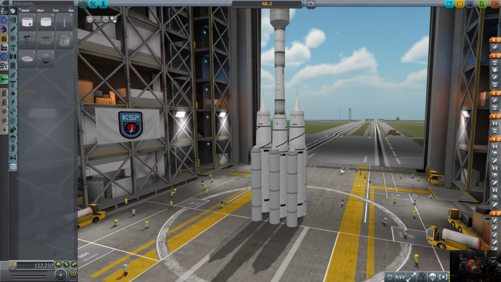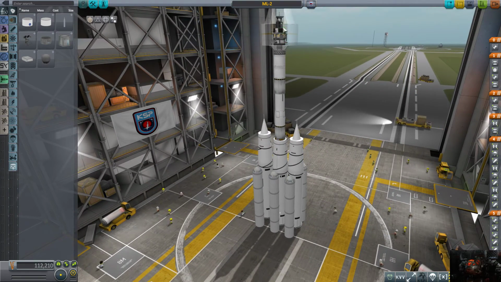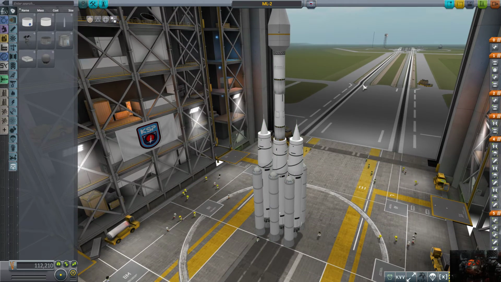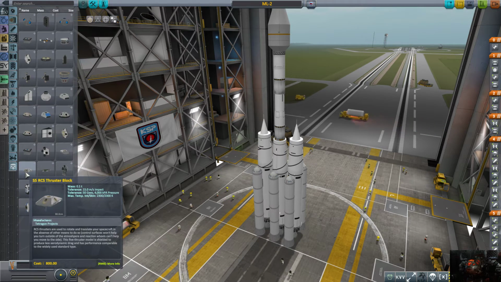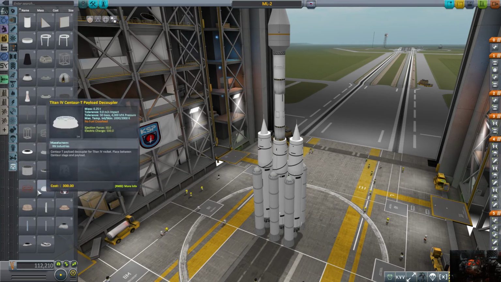I don't think we have launch clamps yet. So what I'm gonna do is lift the whole thing up to there. That's the first time we've actually had this problem. Do I have RCS service tank? So right now we don't have any SAS. Yeah, we don't have...